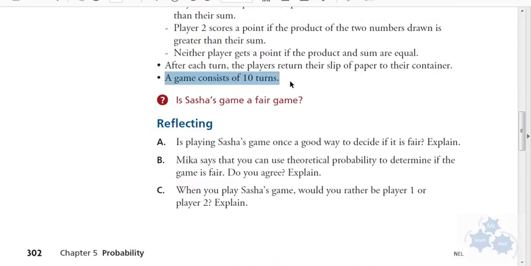Once you do this, the game consists of 10 turns. Okay, record your points, and then you can congratulate the winner. Of course, it's going to be pretty huge here. Then you answer these questions. Talk about it